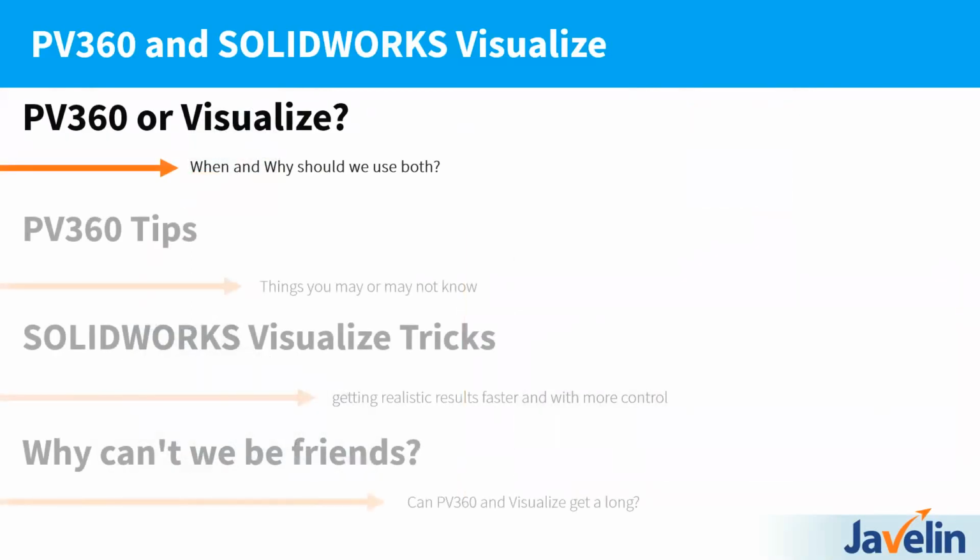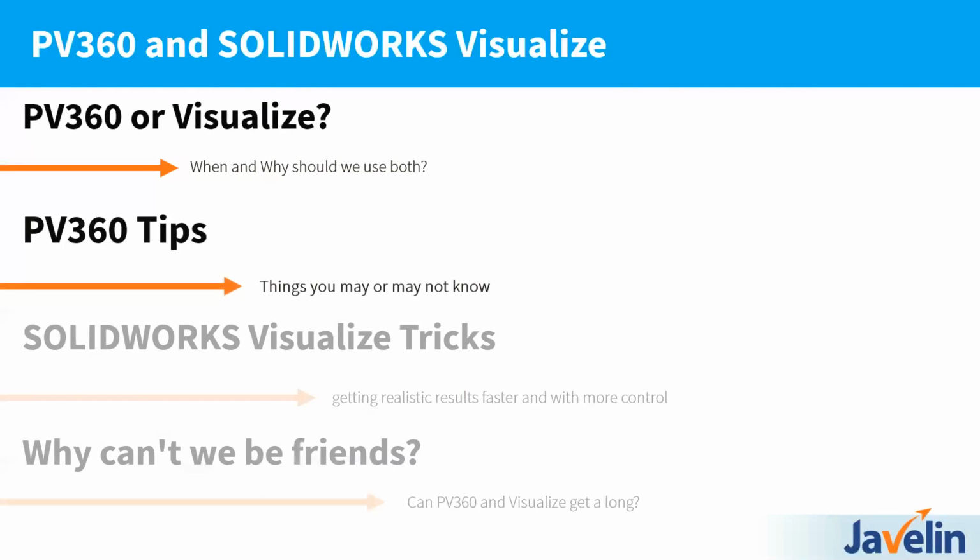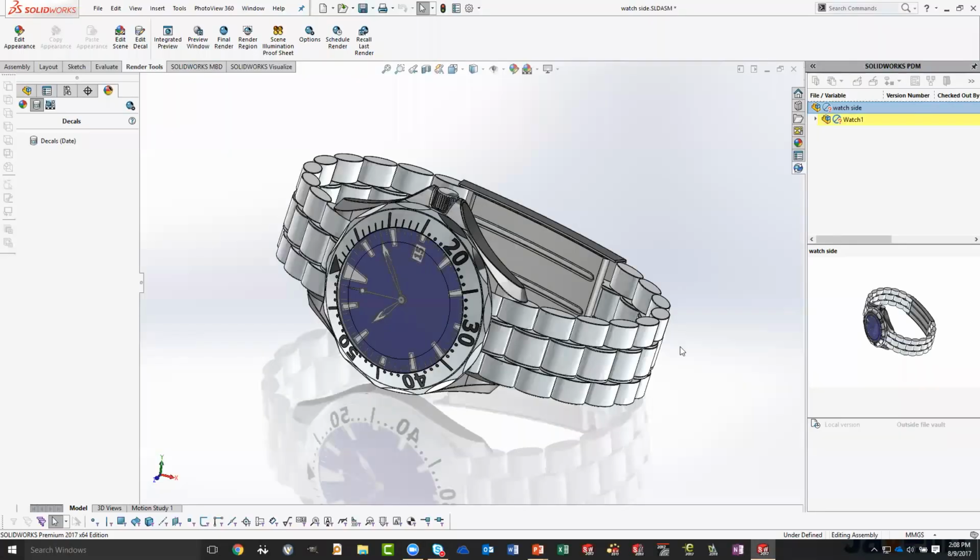Okay, so some PhotoView 360 tips. There are some things that PhotoView 360 can do that Visualize cannot. And there's also some really handy tools to use within PhotoView 360 to quickly get us to renders. Okay, so if we jump into SolidWorks,